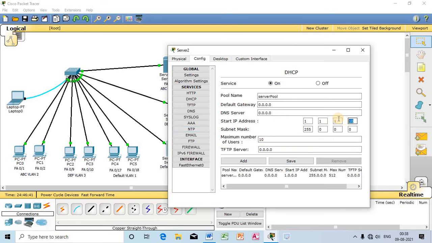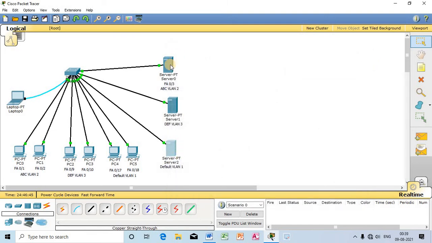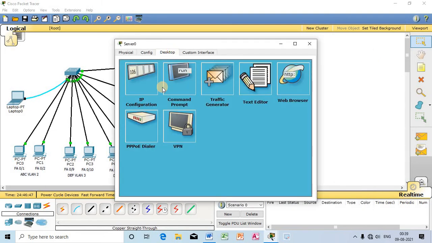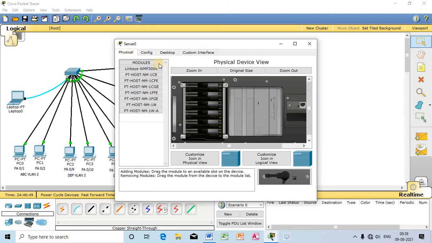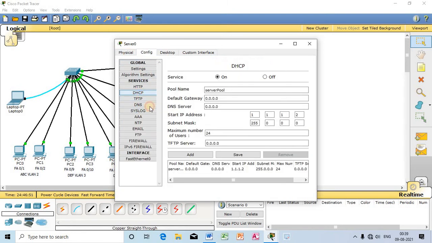Okay, I have saved here. Here also I will write 10. So the starting IP address will be 10, and the number of systems that can obtain IP addresses from the server will be 10, not more than that.